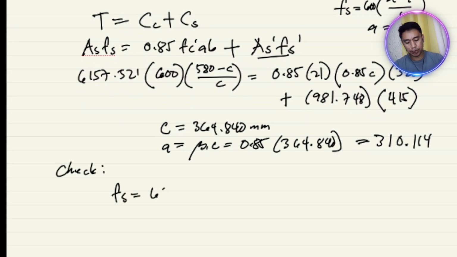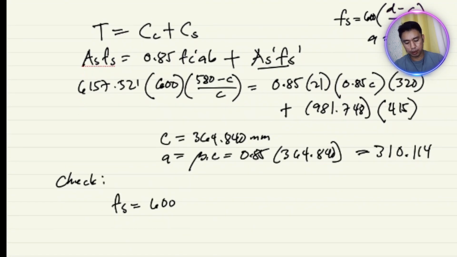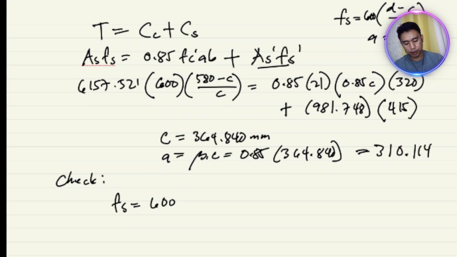Fs. Dapat yung Fs natin is, ang assumption, Fs does not yield. So, dapat ang lalabas sa Fs dito is less than 415. Sorry, 415. So, this is 600 times D